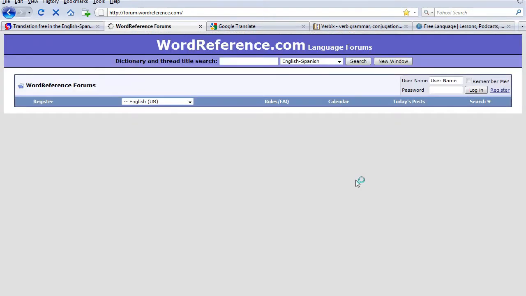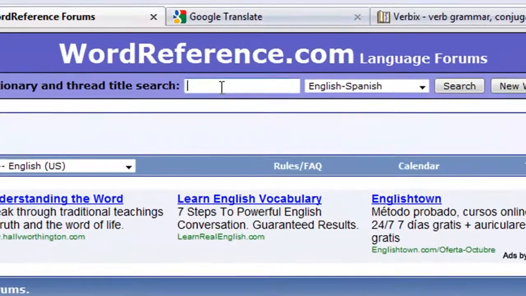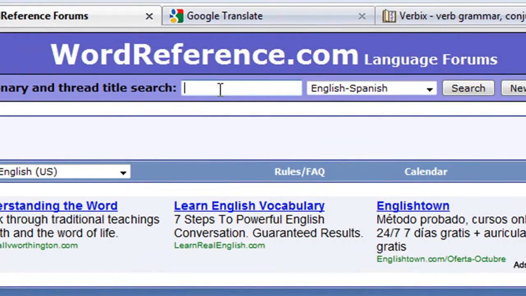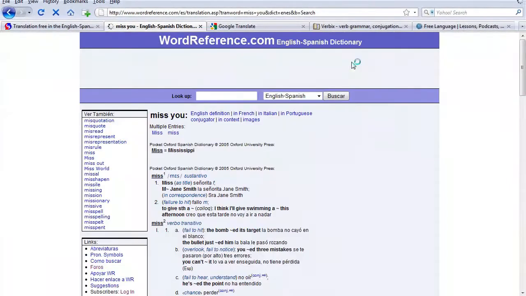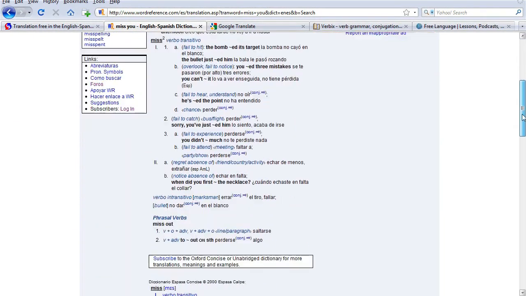Now, they're available for all different languages and you can type your question in and hopefully somebody's already had the same question and a whole range of people have answered different possibilities to answer that question. So for example, how do I say "I miss you" in Spanish? I've always had a query about that. Miss you, English to Spanish for our language choice, and then search. This is going to take us to a reference to "miss," and so here we have dictionary information for the word "miss,"